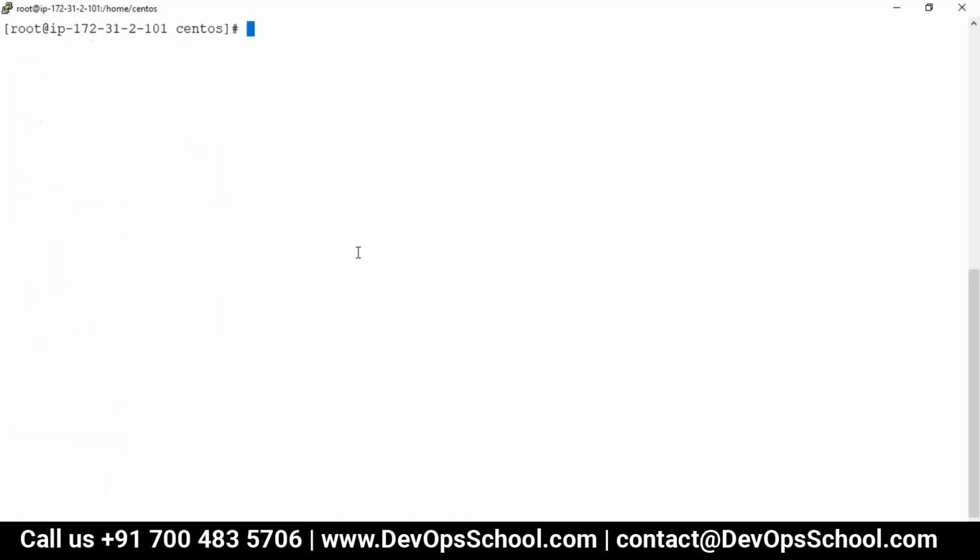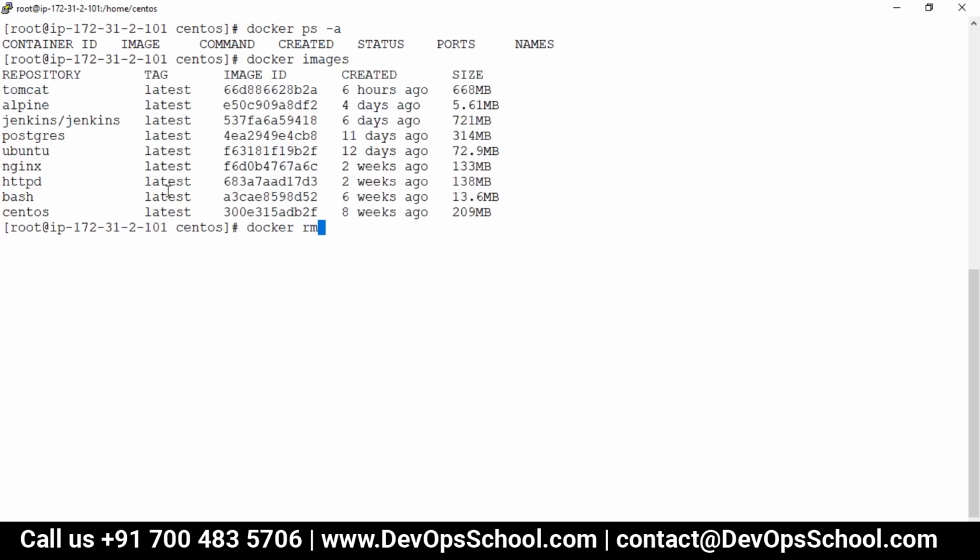Done. So guys, you see here, there are no containers right now. I'm just doing a clean demo so you'll understand this. Do we have images here? Let's check it out. Images. I have so many images. I'm going to delete all the images. Why? Because I want you to understand this. I'm doing it from scratch. Again, if you want any images, it's just a matter of 2 to 3 seconds or 5 seconds, you'll get all the images back. I'll delete all the images.